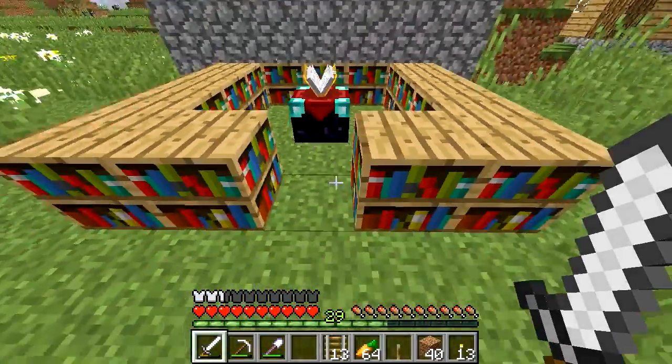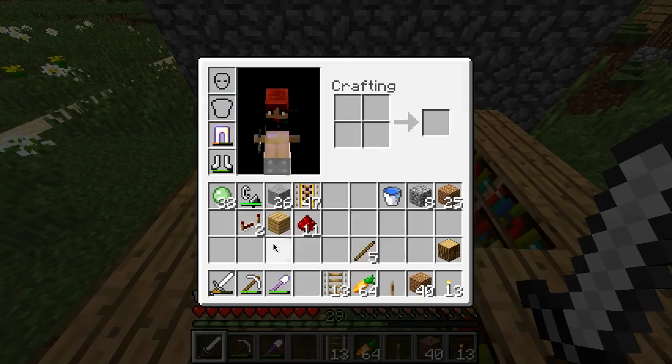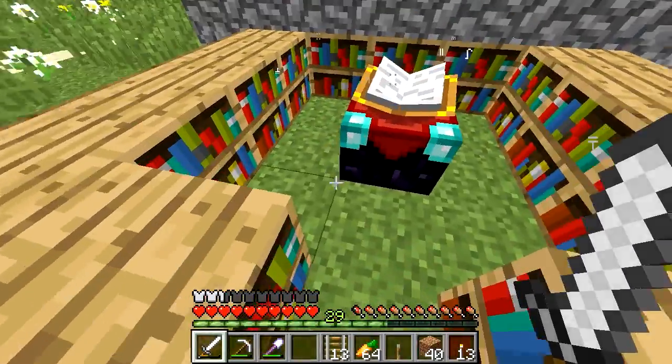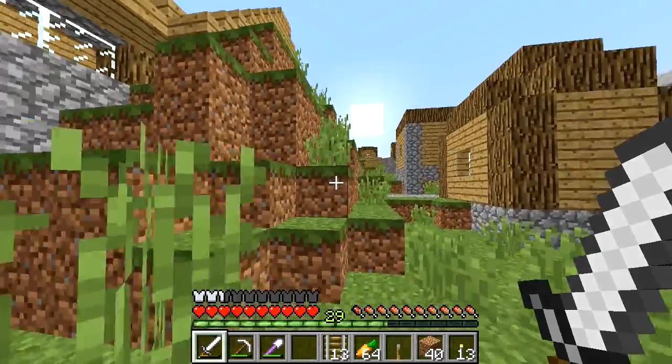Also, did I show you guys this? I don't know if I ever put that clip in, but I have an enchanting table now, and I made a pick and I enchanted it, and I got an efficiency 4 and unbreaking 3. Then I tried to enchant another diamond pick. I got the same exact thing, and they're all at my